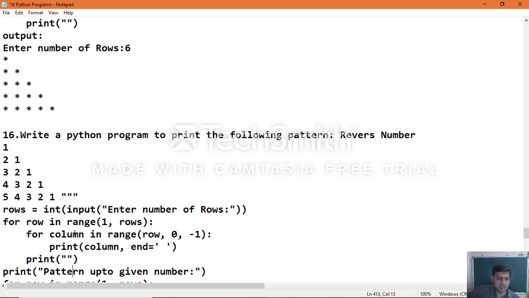Earlier we took the star character, the asterisk, and here we print the column value.